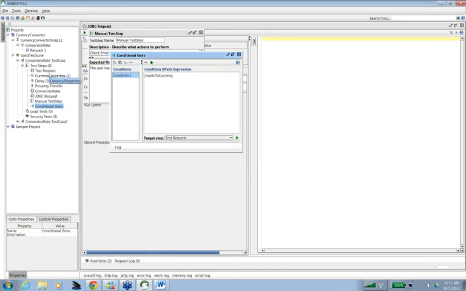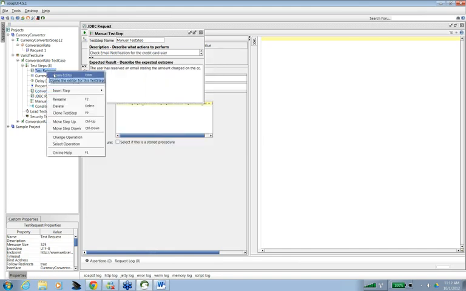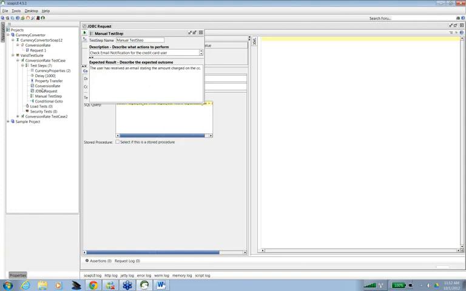But if there is some response from this, then it's going to actually go and do this request also. So this step is used to create a relationship between any two subsequent requests. Okay. And mostly you won't be using this one, because I would prefer you to add different requests rather than creating relationships.